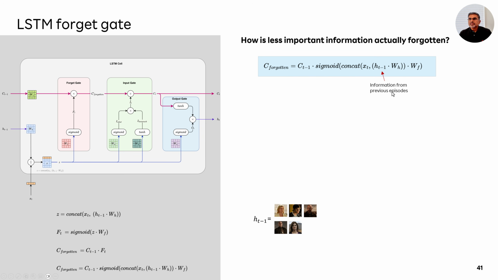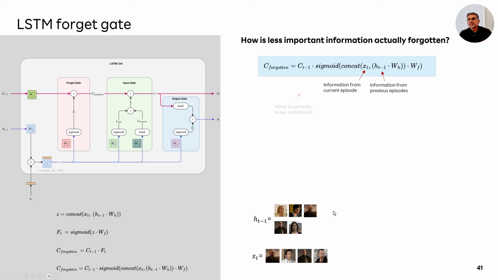Now the first thing here is the information from the previous episodes. So let's say in the previous episodes you had Skylar White, you had Walter Jr., you had Walter White, you had Hank and you had Mary. Okay, this is what ht minus 1 is. Then you have information from the current episode, in which you have Walter White appearing, you have Steve Gomez appearing, you have Hank reappearing, and then you have this new character, Jesse Pinkman, appearing.